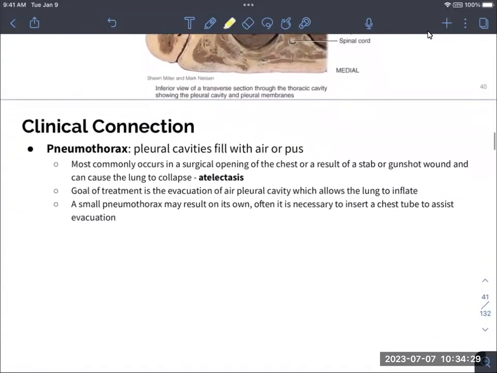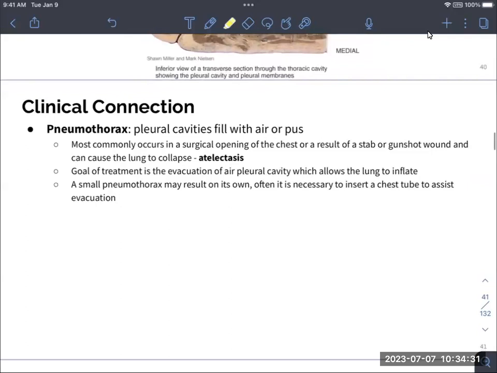A pneumothorax. A pneumothorax is when that pleural cavity, more often it fills with air, but it can also fill with pus. It can happen because of surgery to the chest, stabbing, or a gunshot wound to that chest. And it can even cause that lung to collapse,